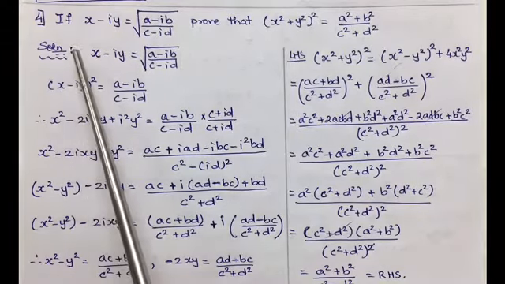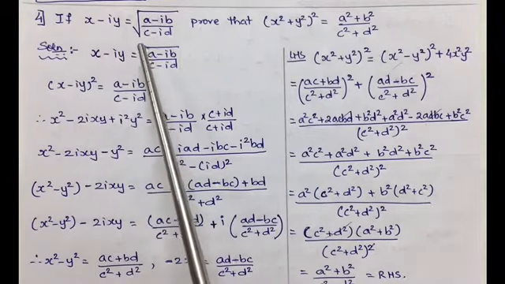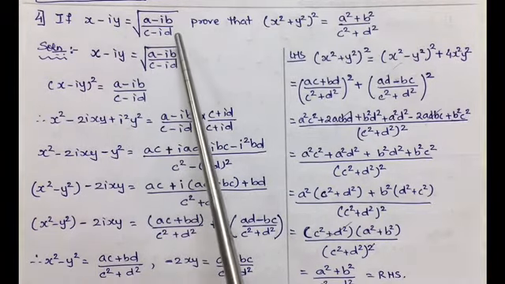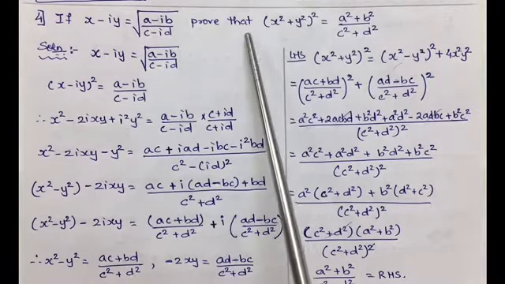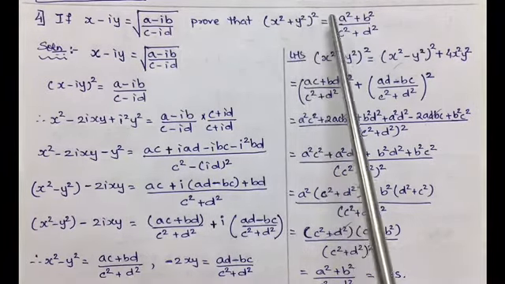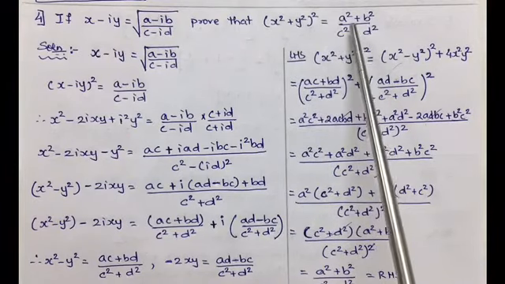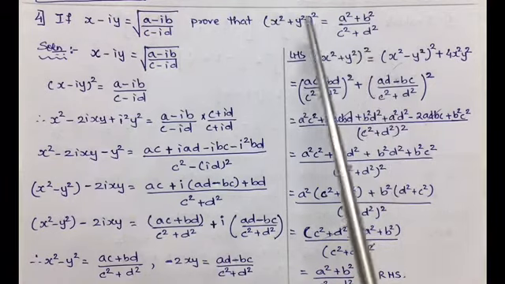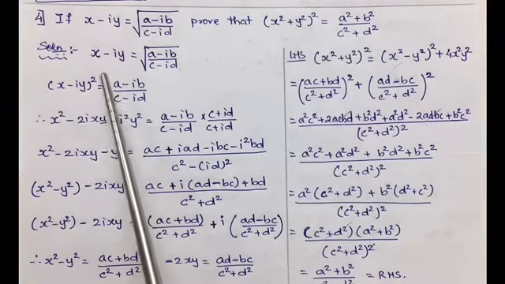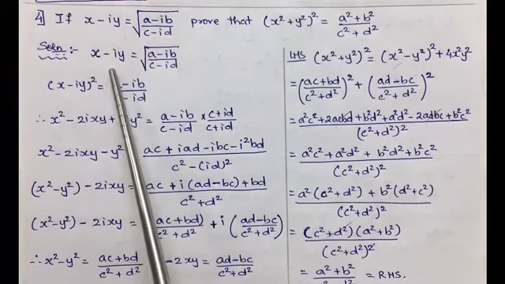Fourth is, if x minus iy is equal to under root of (a minus ib) upon (c minus id), prove that (x square plus y square) whole square is equal to (a square plus b square) upon (c square plus d square). This is to be proved. Now taking up the given statement,